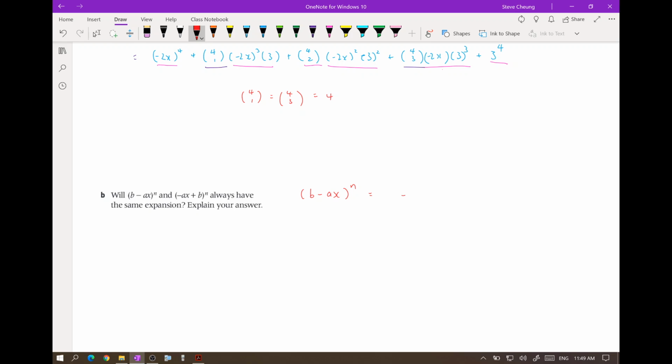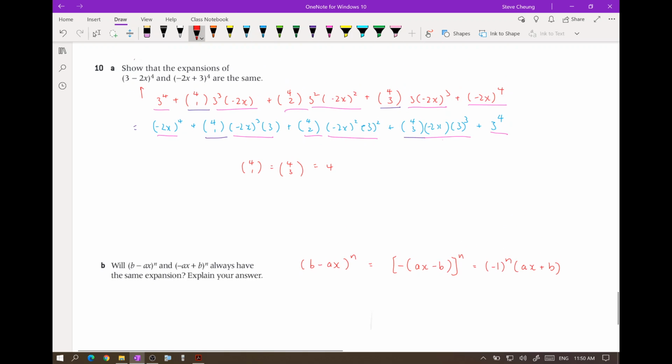So you can take away a negative or factor out a negative. If you take away the negative, I can switch the order of the terms inside. So technically this is negative 1 raised to the power of n times ax